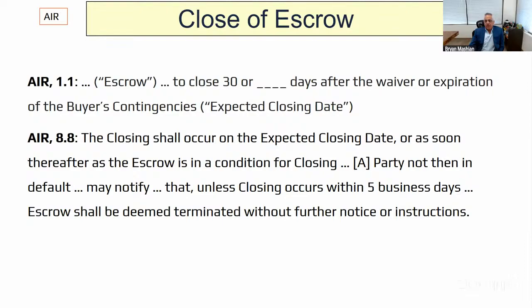Okay, so this is one other significant difference between the two regimes. Our contracts provide for a closing date that is determined based on when the buyer's contingencies are satisfied or waived. We don't have a fixed closing date, although it can be. You can prepare our contracts with a fixed closing date, but the template is prepared so that it operates where it is a certain number of days after the buyer's contingencies are satisfied or waived, which means that